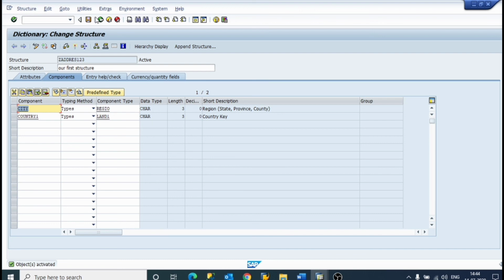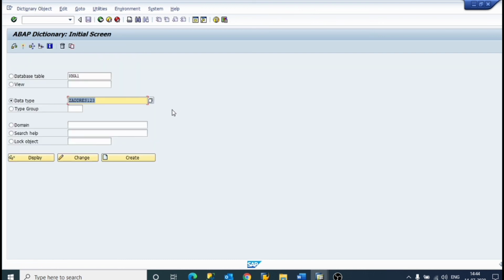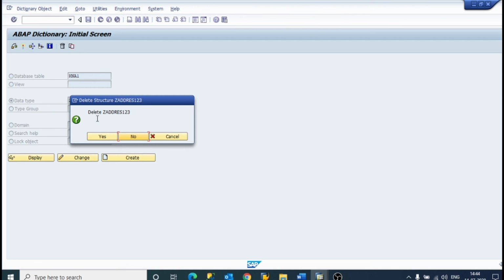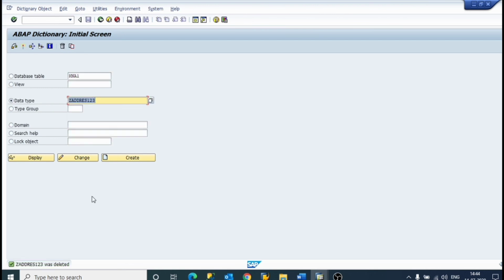The object is activated. We have changed our structure. Now if you want to delete our structure, just click on delete Z address 123. Yes, our structure was deleted.